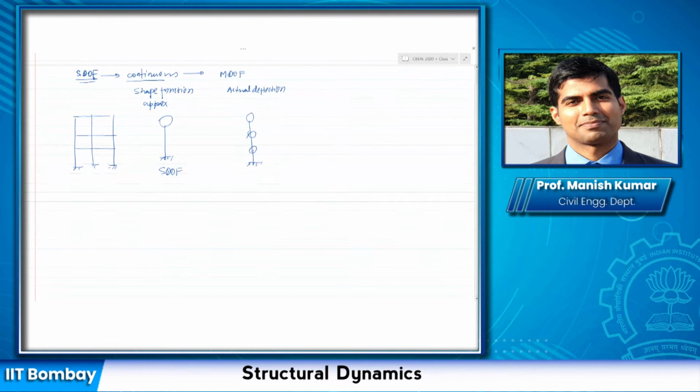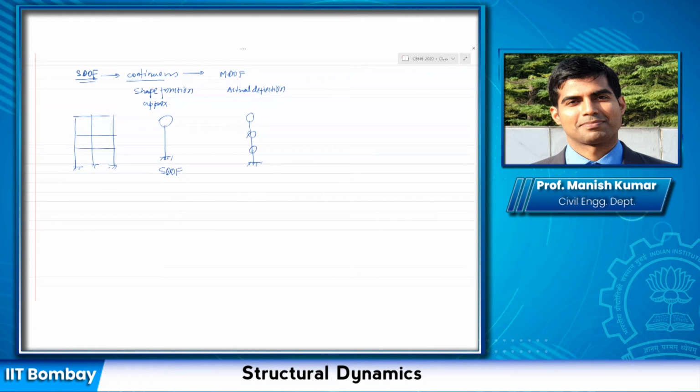Just for representation, let us say this is a 3-degree of freedom system. When we consider a multi-degree of freedom system, it tends to increase the accuracy of the analysis, and many times it is important to do that because the single degree of freedom analysis might not provide the appropriate results that we are looking for. So now let us see what the important parameters are and how we solve a multi-degree of freedom system.